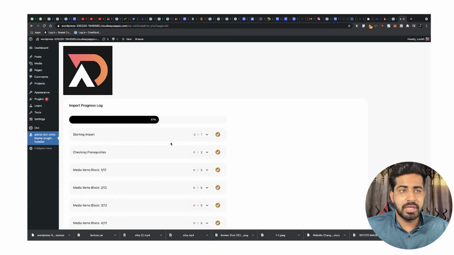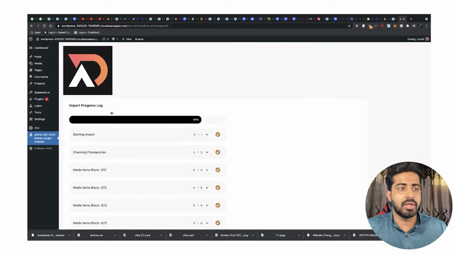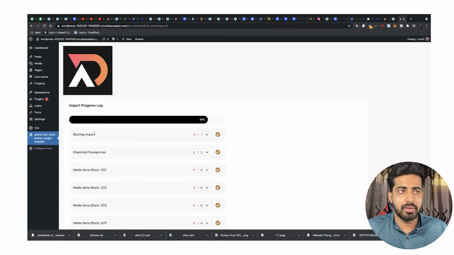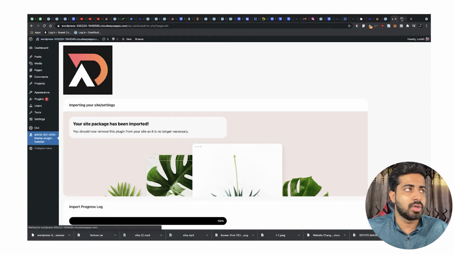Now as you can see, we are almost done. While importing the demo content, there was an error in the images, and that is due to the internet connection, so don't worry about that. If you face any kind of error, make sure to rerun the process and see if it happens again. Before contacting support, make sure that you import the demo content twice if it does not upload the first time. Now as you can see, your site package has been imported,